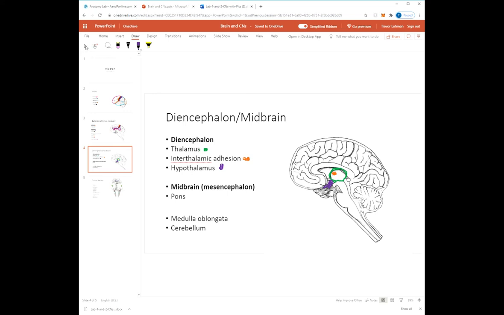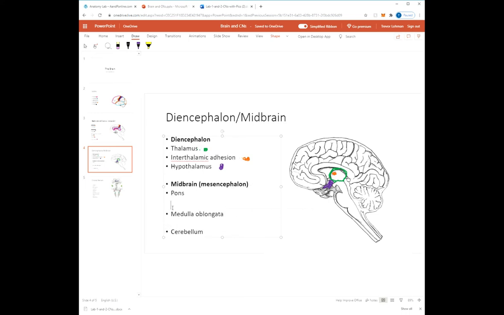There's a space here for some reason. Odd. It won't go away. But the pons, the medulla oblongata, and the midbrain are all, sorry guys, so the